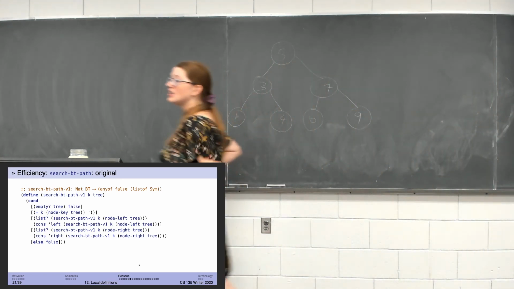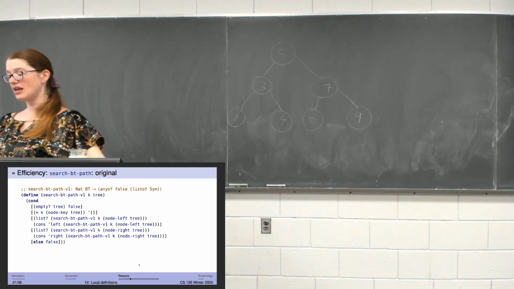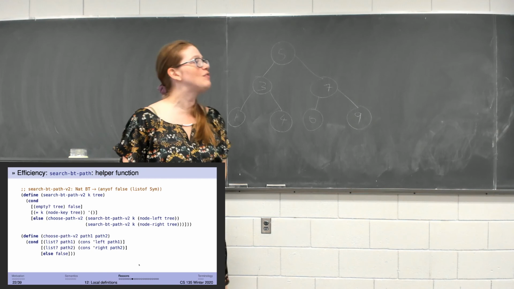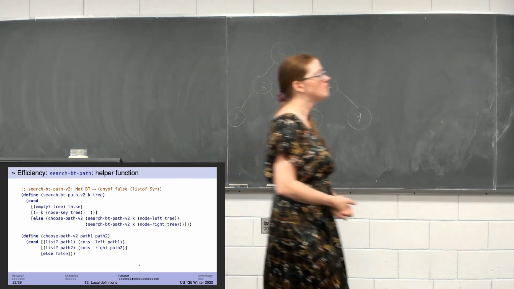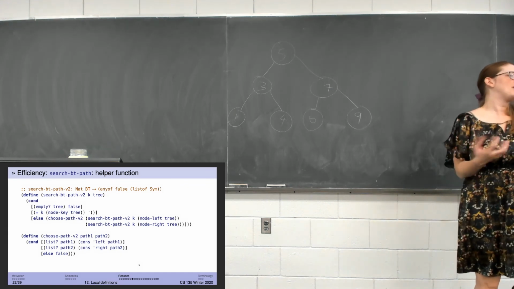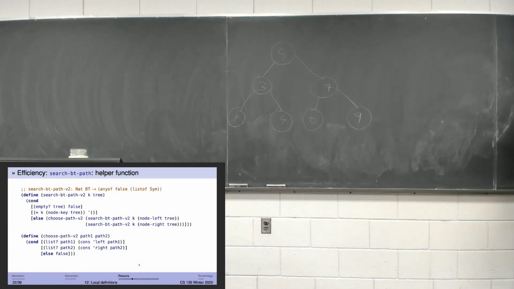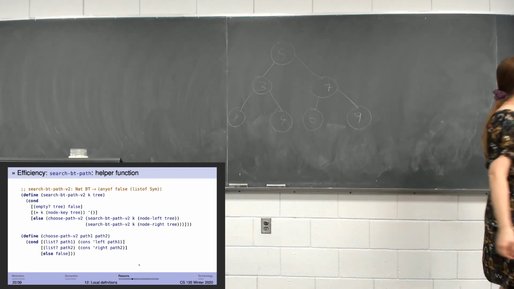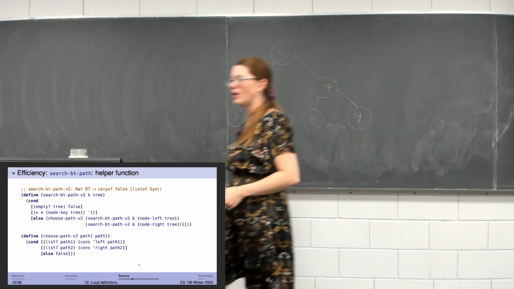We can actually simplify this down using a local. The solution we did give you, by the way, was using a helper function. So this was the helper function solution. Here's my problem. Why I want to use a local is this choose path. What meaning does choose path have in the global scope? None. It only has meaning inside of this function here. So let's use a local